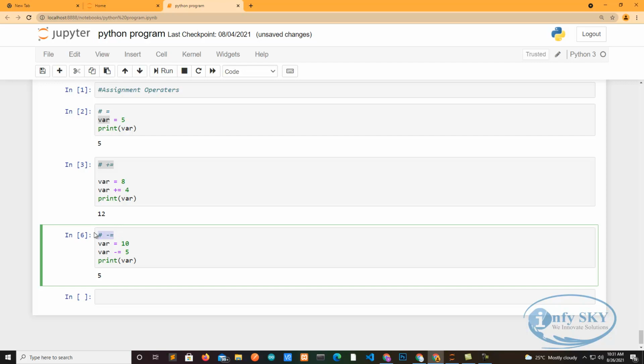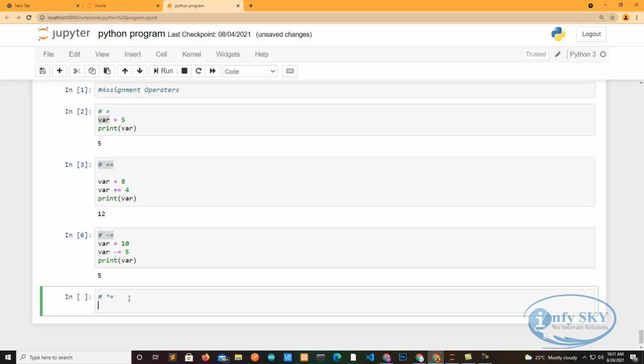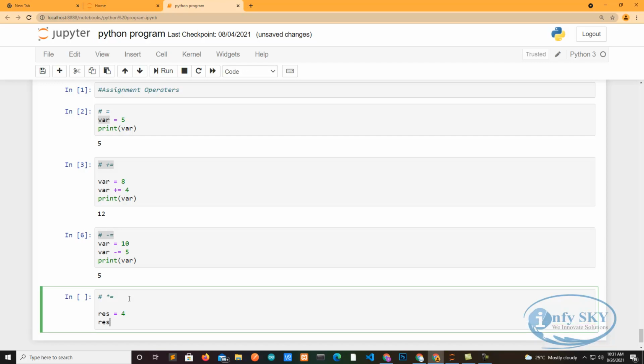The next operator is multiplication. Multiplication is nothing but the star, so I will take star here. Now I'll take res is equal to 4, then res star equal to 3.